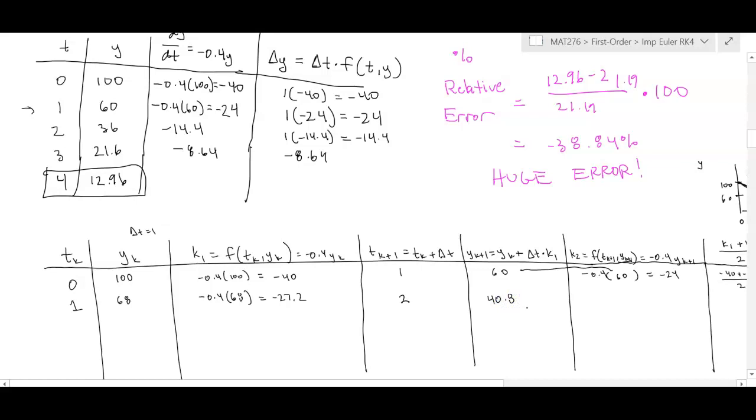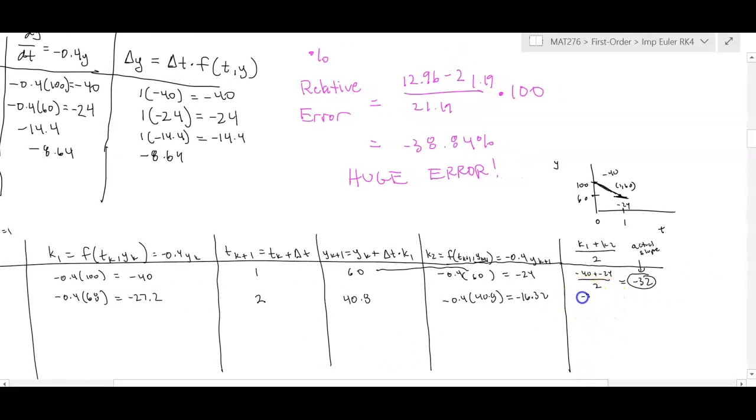Now that's not what we're using, because we're going to compute another slope based upon that ordered pair. So negative 0.4 of the next y value, which is 40.8, and negative 0.4 times 40.8 gives us negative 16.32. So notice, big negative, smaller negative, we're going to average them together. Negative 27.2 plus negative 16.32 divided by 2, and we get